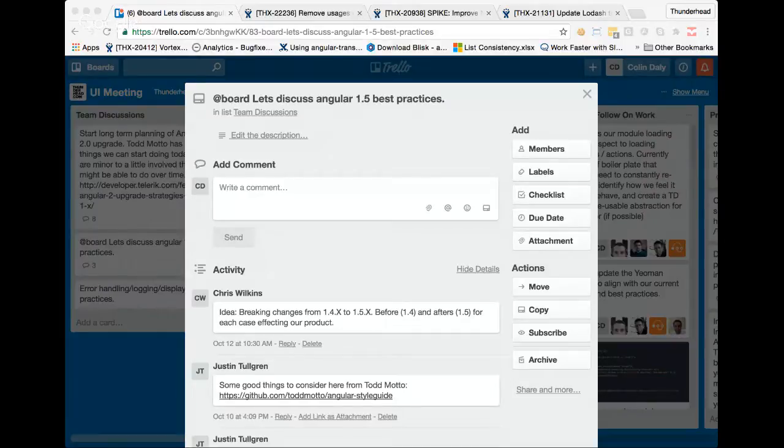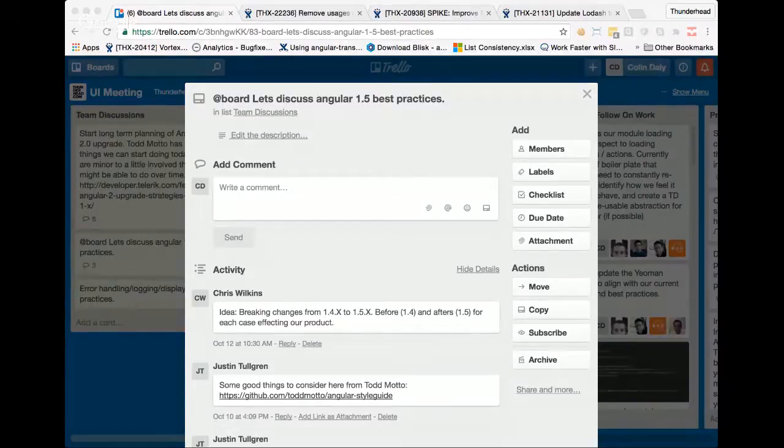What's the time frame? I guess is the better question. Justin? Did you ask what's the time frame? What's the time frame? Angular upgrade should hopefully be done either end of this week or end of next week, depending on automation. So we'll have 1.5 stuff available as soon as that goes in. If we start using features,